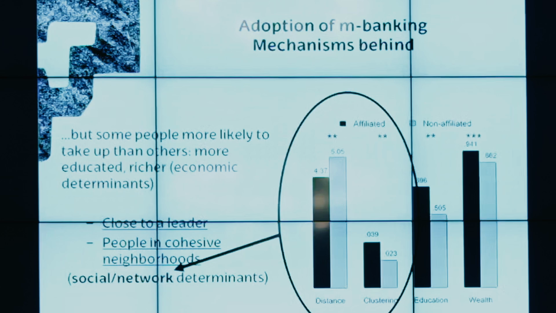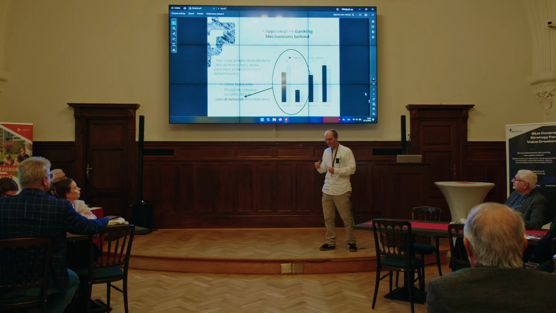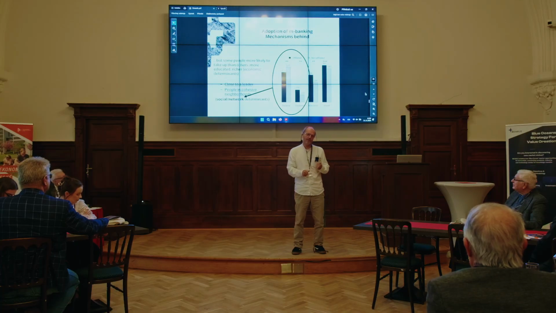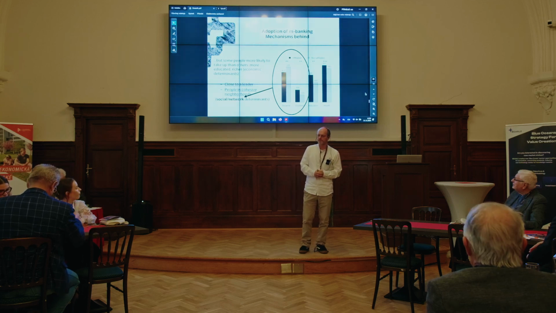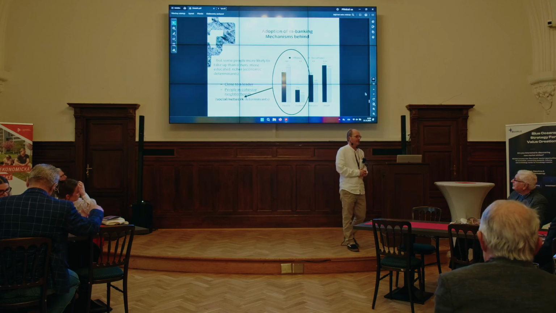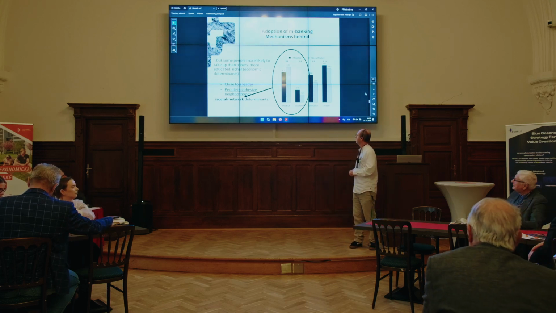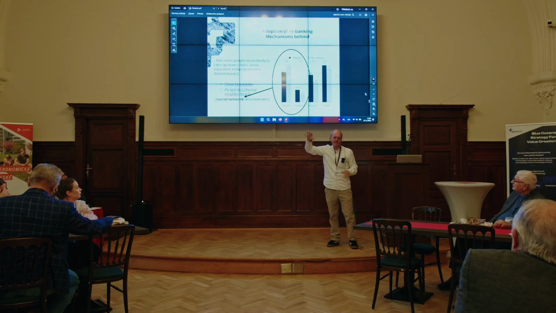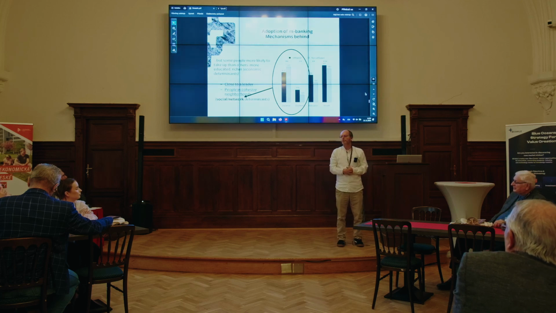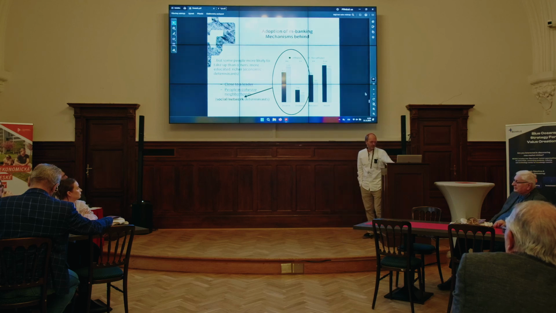The second determinant is what we call the clustering coefficient. I didn't explain that, but it's simply a measure of how cohesive, how trustful, how cooperative the neighborhood of an individual is. Okay, so what we observe is that people who are close to the leaders and who share with the leaders an environment that is good for cooperation and trust are more likely to adopt this application. They are simply more likely to be convinced to start using something like mobile phone banking. So apart from the economic reasons, there are important network determinants that make people use certain products.